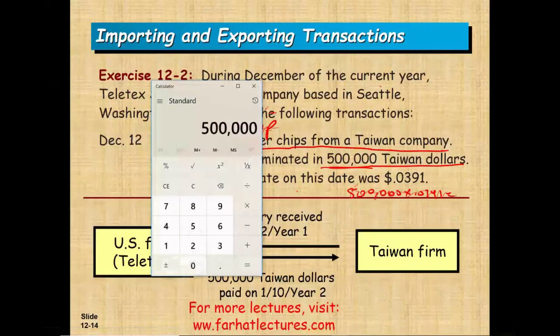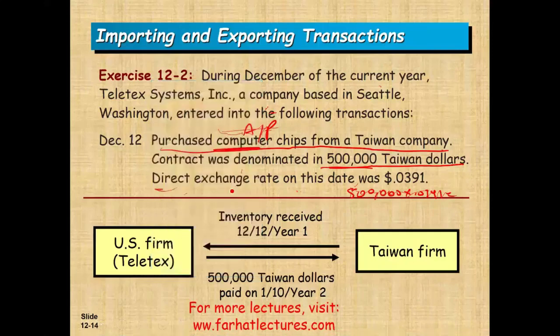So 500,000 times 0.0391. We are responsible for 19,500. We have a payable of 19,500. So this is the direct exchange. So you need 3 pennies, 3.91 pennies to buy. So simply put here, what we're saying, you need